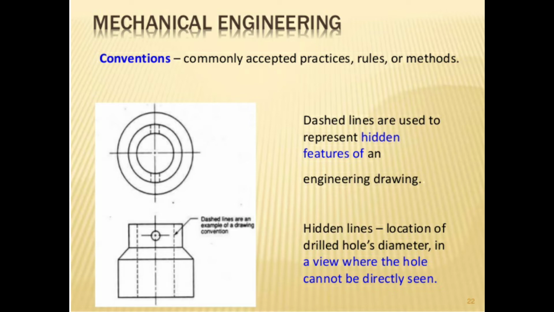The dash objects, these are the dashed lines which are used to show hidden objects, the things which are hidden to us and are not seen normally. If we put a section over there, then we see the hidden portion of that. Okay, if the object is not seen by us and it is present inside that drawing, then the line drawn for the hidden object, the hidden line, is drawn as dotted lines.